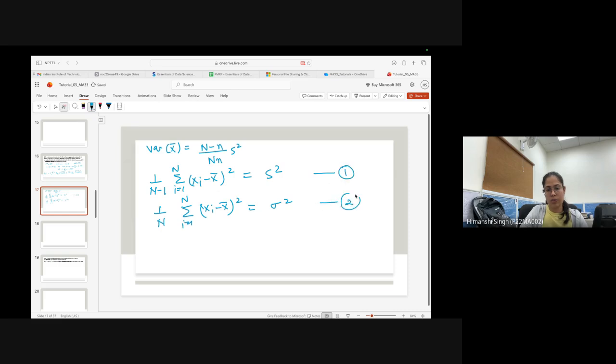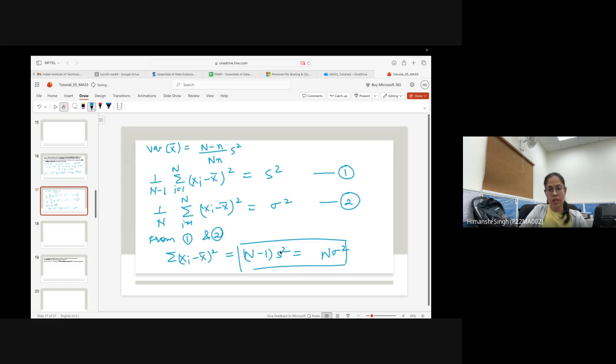This is two. Now from 1 and 2, I know that summation (xi minus x bar) whole square is equal to, from 1, (n minus 1) s square. So this is (n minus 1) s square, and from the second one I know that this is capital N into sigma square. So I got this relation, that (n minus 1) s square